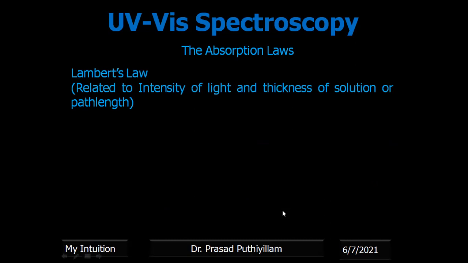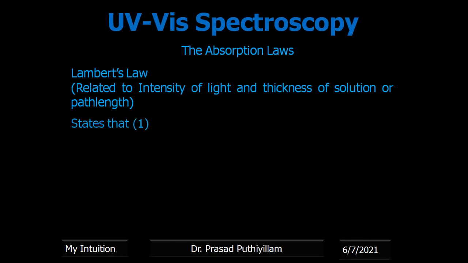Anyhow, I'll explain in detail with the derivation and all. That time it will be more clear. If I explain here with only the letters, it will be confusing again, because even I am getting confused explaining that. So Beer's law states that when a ray of monochromatic light passes through a light absorbing media, the intensity of transmitted light decreases exponentially as the concentration of the solution increases arithmetically.